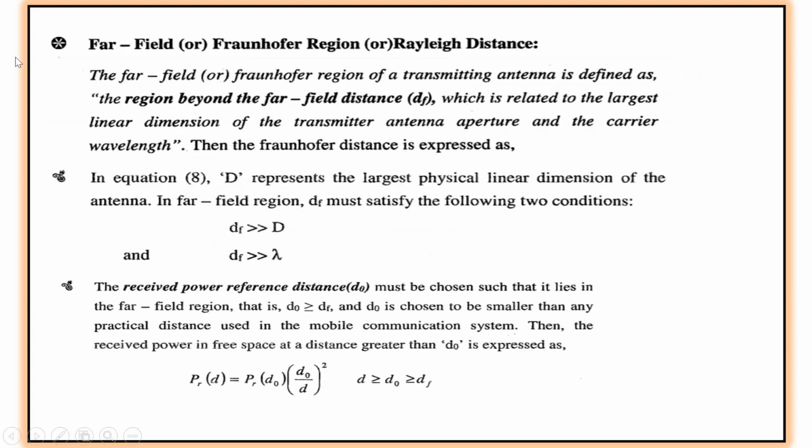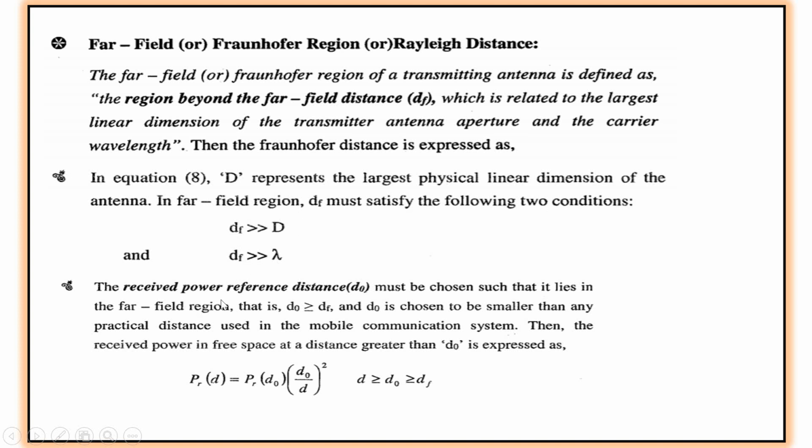Okay, so consider the far field of Fraunhofer region or Rayleigh distance. The far field of Fraunhofer region of a transmitting antenna is defined as the region beyond the far field distance, which is related to the largest linear dimension of a transmitted antenna aperture and the carrier wavelength. Then the Fraunhofer distance is expressed as, it is in equation 1 which was stated earlier. The far field region, the DF, the Fraunhofer distance, must satisfy the following conditions. That is, the Fraunhofer distance should be greater than capital D and the Fraunhofer distance should be greater than the